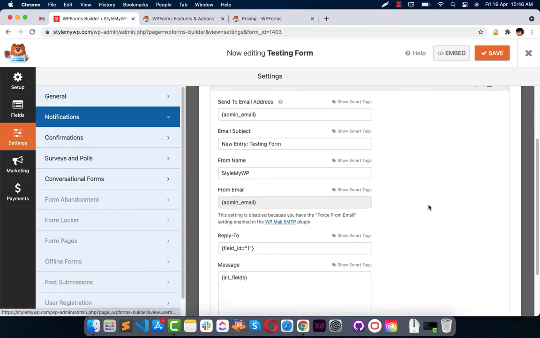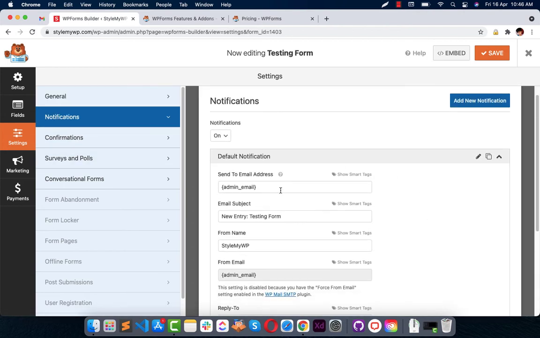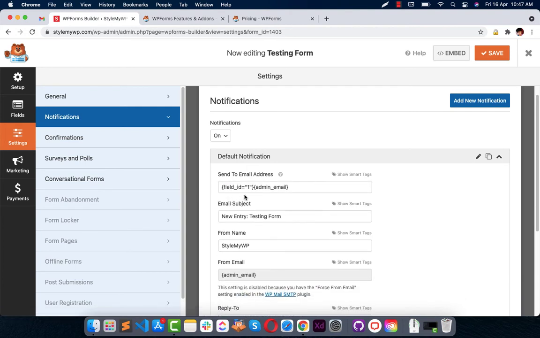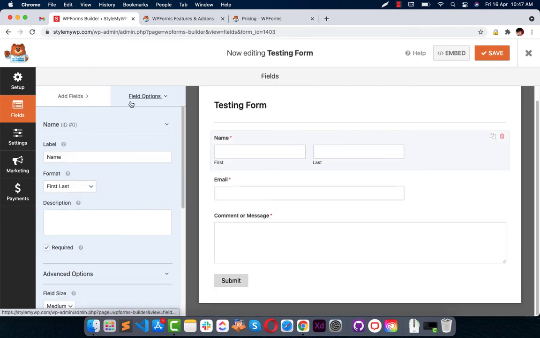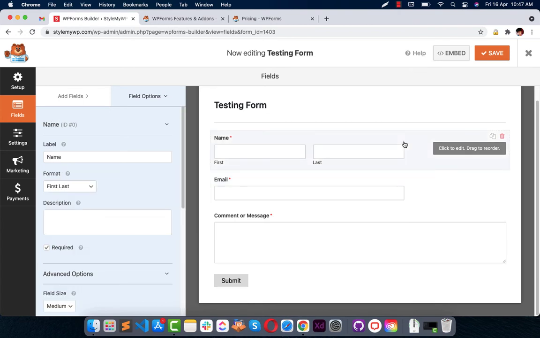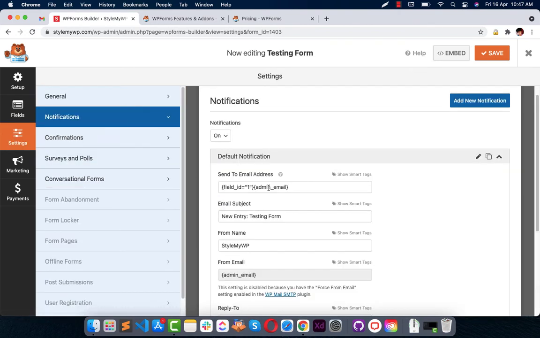So you can also enable the notification, to whom the notification will be sent after the form is submitted. You can input the admin email tag to send the email to the admin email in your WordPress settings, and you can also use a value of your fields. So we had a field called email, and we can retrieve that value from this tag, field id1. id1 is, when you click it, you can find id1 for the email. For the name it is id0. Okay, so it works like that. We'll keep this admin email.